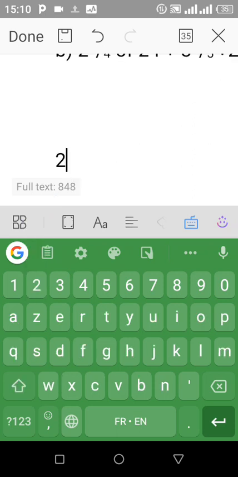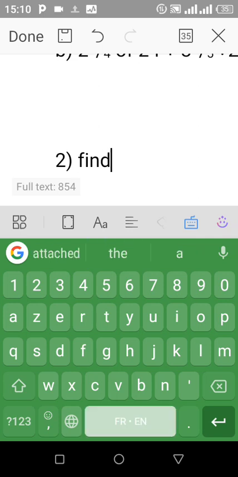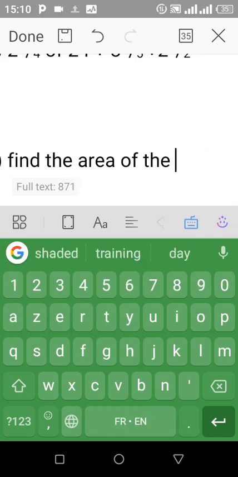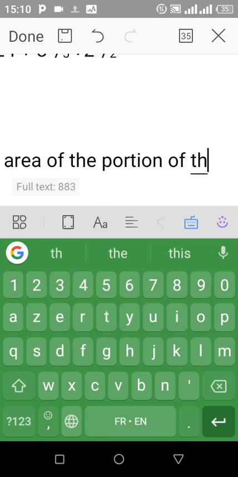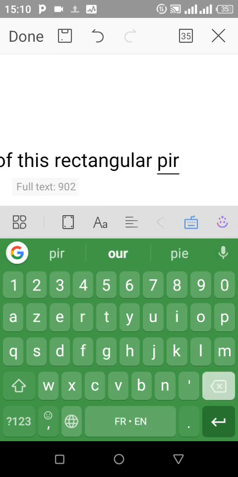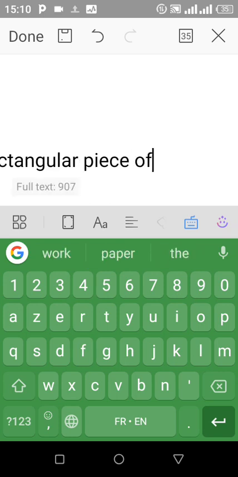Now take question 2. I can just say, find, just take a question under geometry: find the area of the portion of this rectangular piece of land